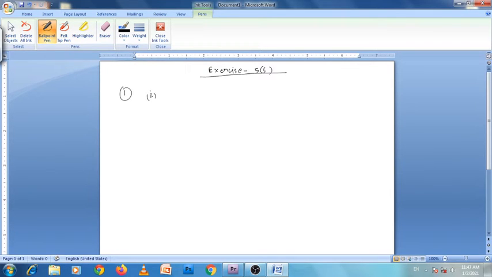Cube of 12, so 12 power 3, this is cube. Okay, so 12 into 12 into 12, so multiply this and find the answer. In this way find the cubes of all these numbers. And question number 2,